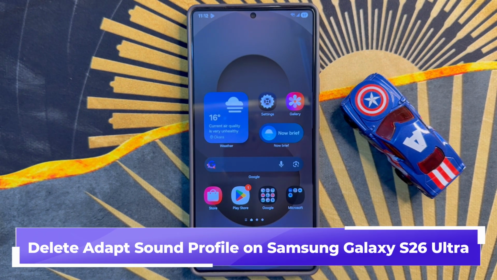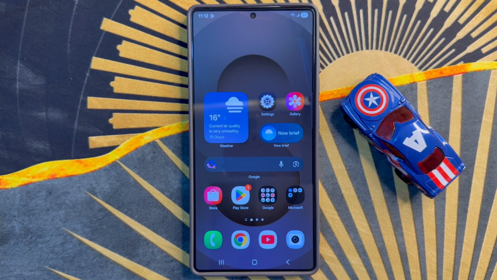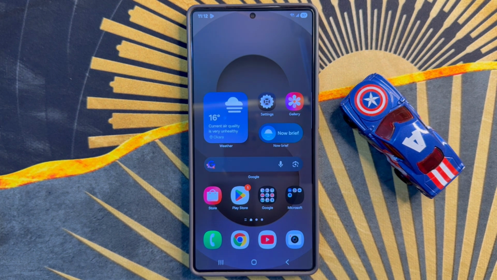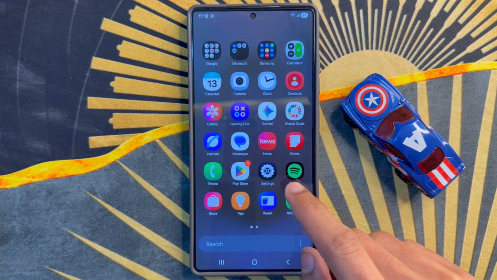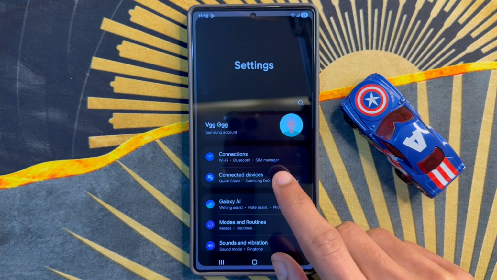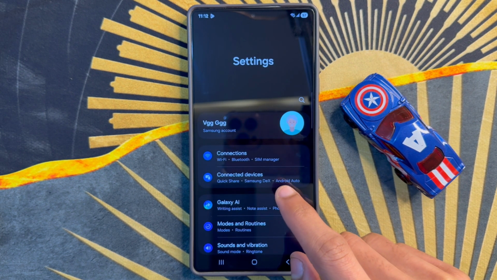How to delete adapt sound profile on Samsung Galaxy S26 Ultra. So let's start the video. First of all, go to app library. Now here, click on settings app. Now in settings,